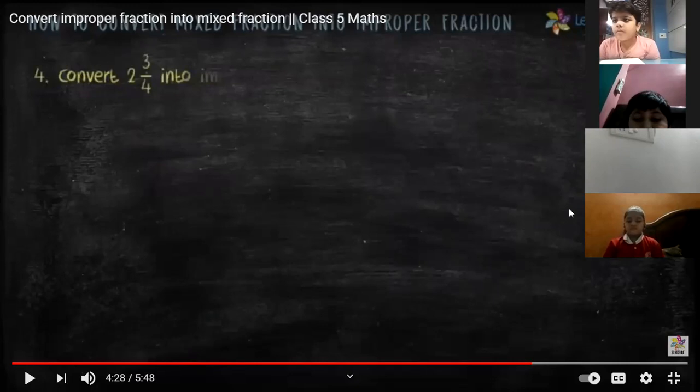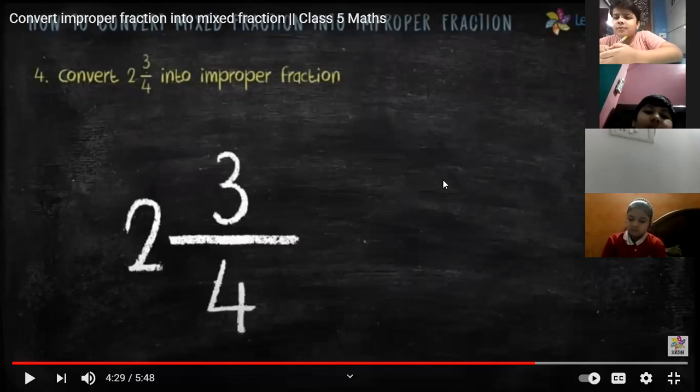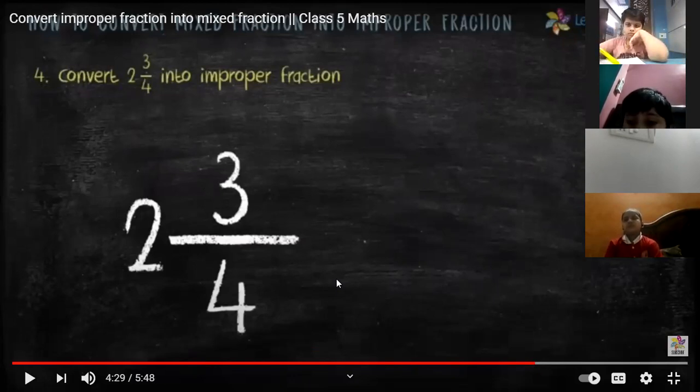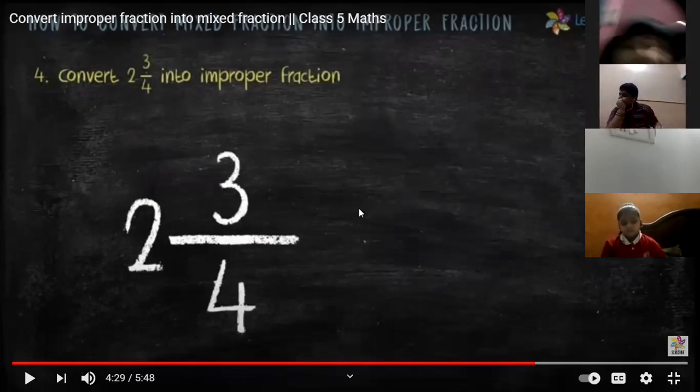Agrim, you can mute. This time first will give me the answer. Okay, ma'am. Yes, the next question is, Example. Suppose this particular mixed fraction is given to us, and we are going to convert it into improper fraction. So first of all, can you tell me the first step which directly we are going to write without doing anything?